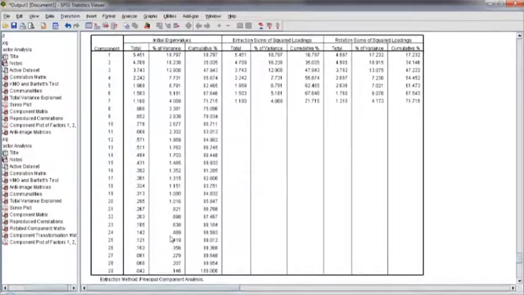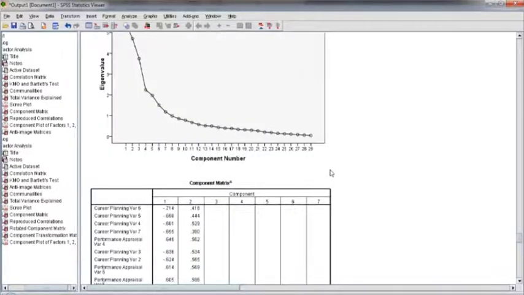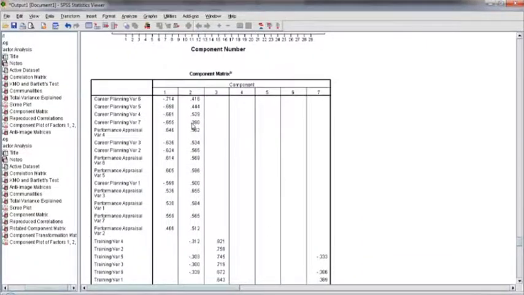Then we had the total variance explained, and we came to know how to extract the factors based on the eigenvalue or the percentage variance which you can see here. Once we have gone through that, we can also use Scree plotting, which is evident from this screen, and based on that we have the component matrix, which we have discussed before. In this case it is pretty much evident that all these values are not clearly identifying a pattern,